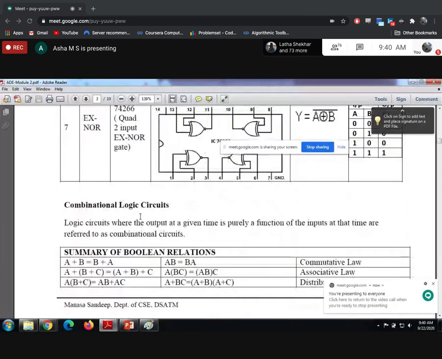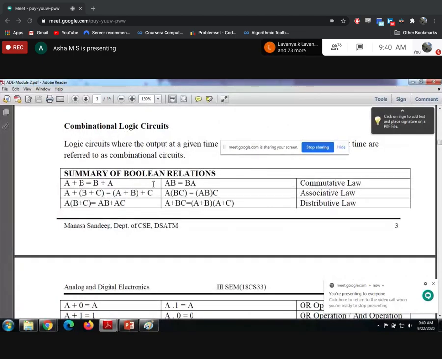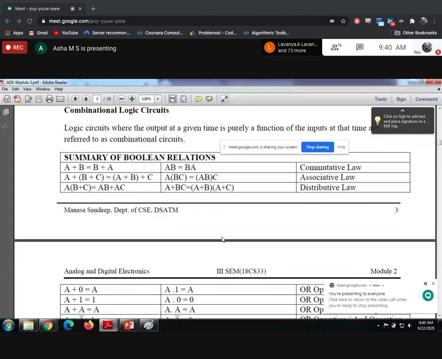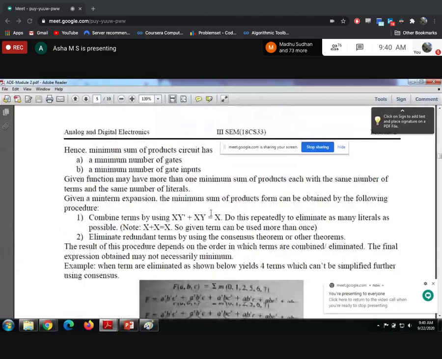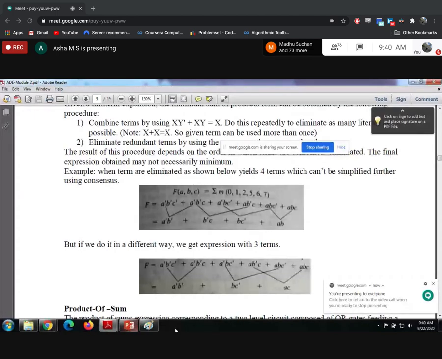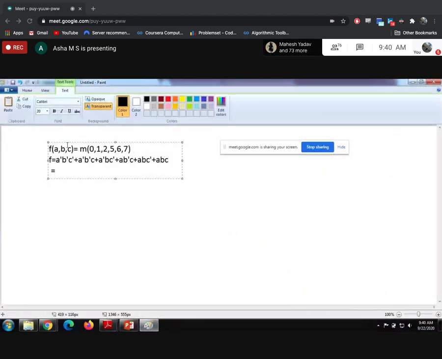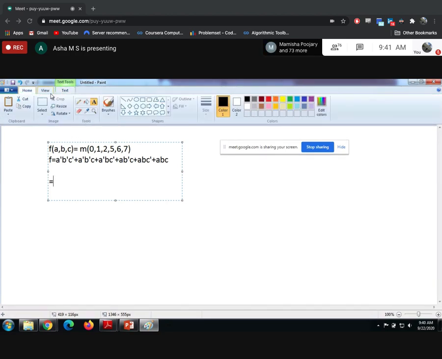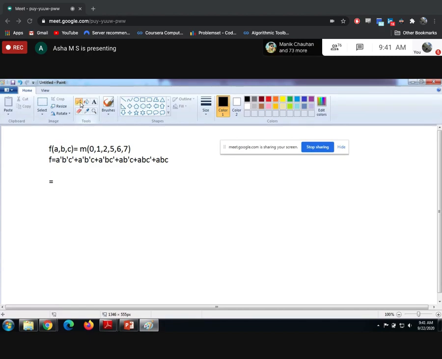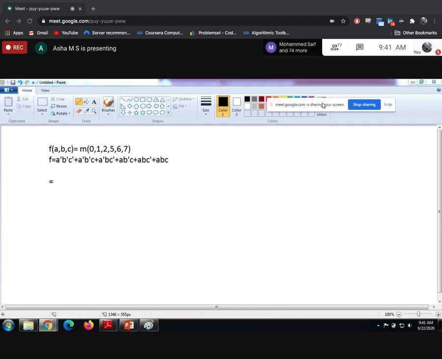So that day you have seen these Boolean relations, right? Using these Boolean relations, you need to minimize this. Try it. Okay, listen here. I'll solve one, and the next one you people should solve. So how to minimize? Check two minimal products: check whether any two variables are common and one is different. Like